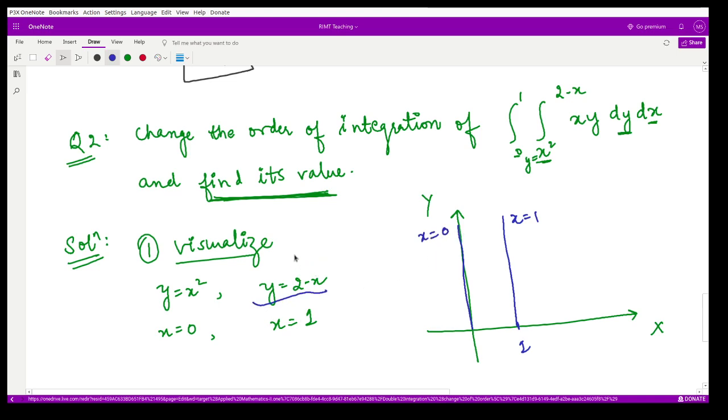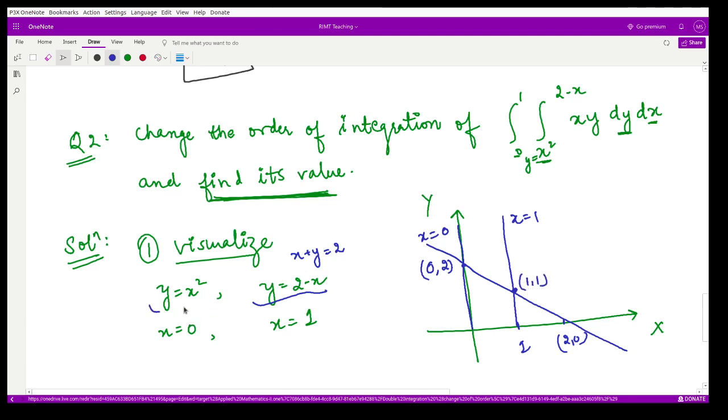What is this line? This is x plus y is equal to 2. So when you have x as 0, the value of y is equal to 2. So say at this point, whenever your x is 0, the value of y is 2, and whenever y is 0, the value of x is 2. So that means this point is 2 comma 0. So this straight line would pass through these 2 points. So you have to check what is the point of intersection here. Obviously here the value of x is 1. So when x is 1, y is also 1. So this point is 1 comma 1.